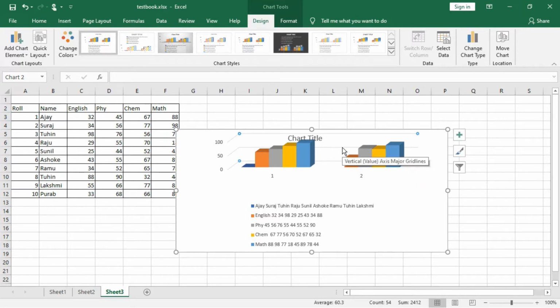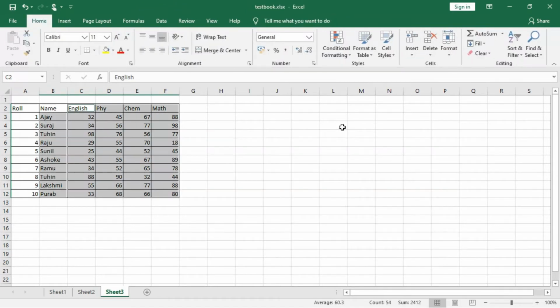After that, we can see out here the English marks have all been labeled. These are called the chart legend. Actually, this is the chart area you can see out here. Now I am making another chart for you, so I'm just deleting that. How to remove the chart? Just select it and then delete. So the chart has gone.